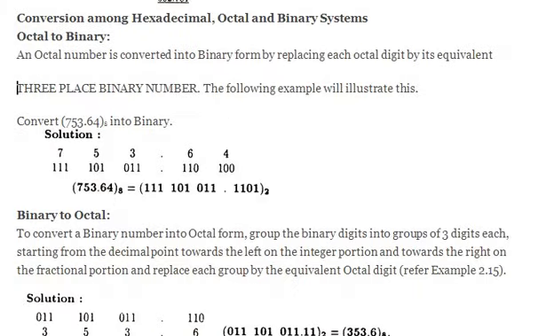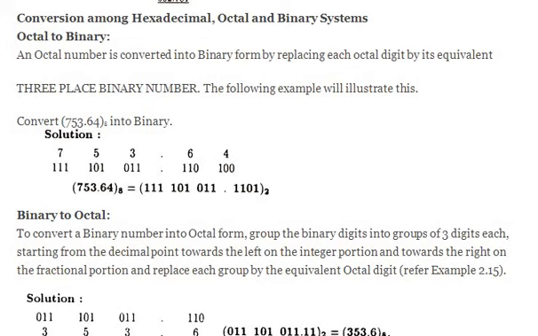So far we have practiced how to convert decimal to binary, decimal to octal, decimal to hexadecimal, and binary to decimal, octal to decimal, and hexadecimal to decimal. So what about conversions among hexadecimal, octal and binary? As we know how to convert decimal to other number systems and other number systems to decimal, you can go in that way. For example, if you want to convert octal to binary, convert octal to decimal and decimal to binary. You can do it that way.